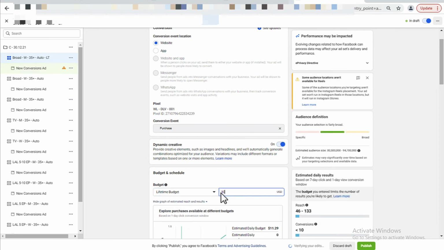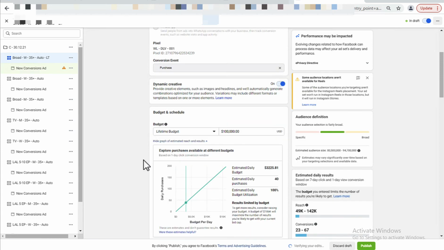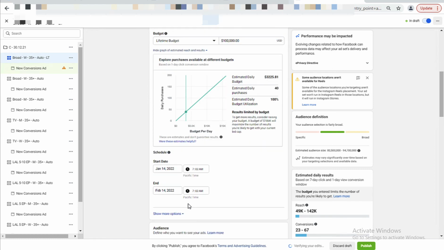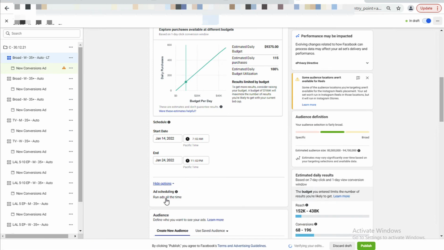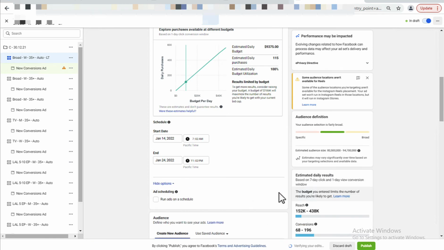And I'm going to switch it to 100K, hopefully. Now, I'm going to start it today. It's still early. We'll get this approved pretty quick. I'm going to run it for 10 days, so the 24th, and I'm going to make it finish at about 11 p.m., okay? Now, I'm going to set the schedule so the ads only run,